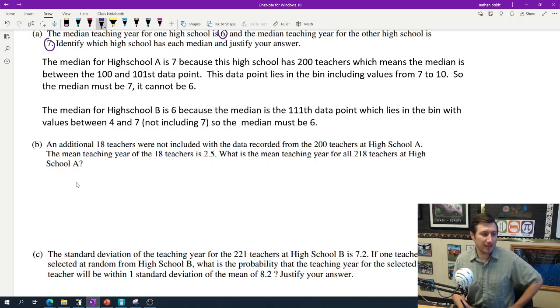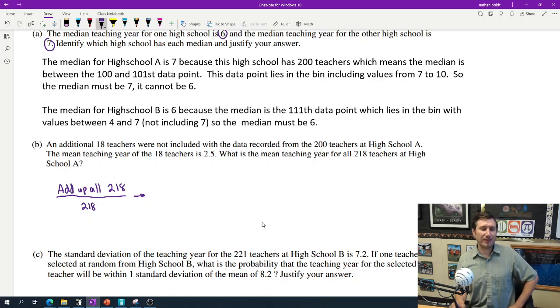So remember, for the mean, you add up all the data points. So what we want is to add up all 218, and then divide that by 218. That's our goal. But we don't have those numbers, so we have to get them somehow. What we do have is the sum. Maybe I'll even just write it that way. We have the sum of all 200 teachers